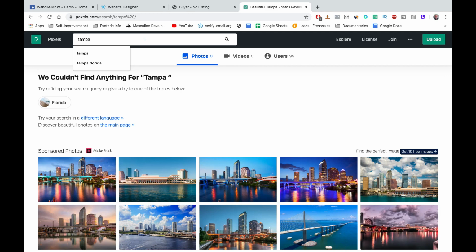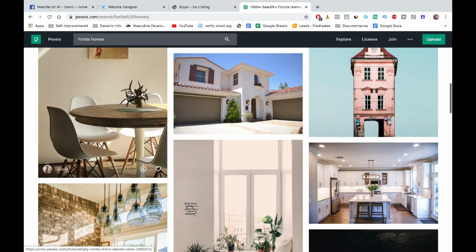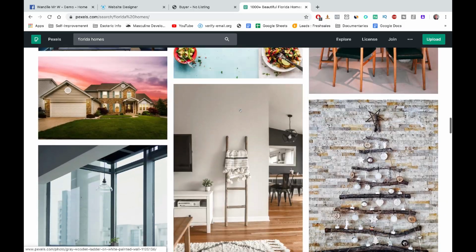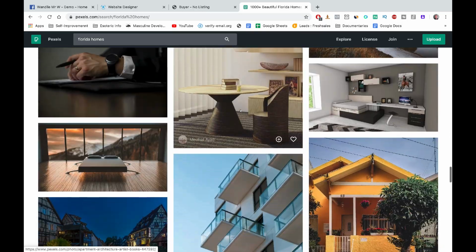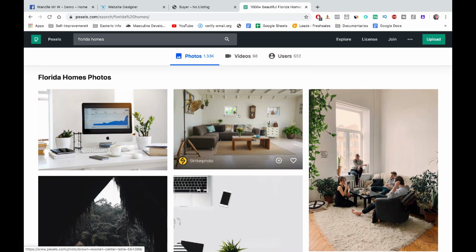Tampa, or let's go Florida homes. Okay, so there's some images that pop up here. But again, if you're a real estate agent and you know the type of houses that are in your area, if you find any of them here on Pexels, something that's very similar, that's quite congruent with your ad, then you want to just download them and ensure that they're in your ad. Okay, so once that's done,